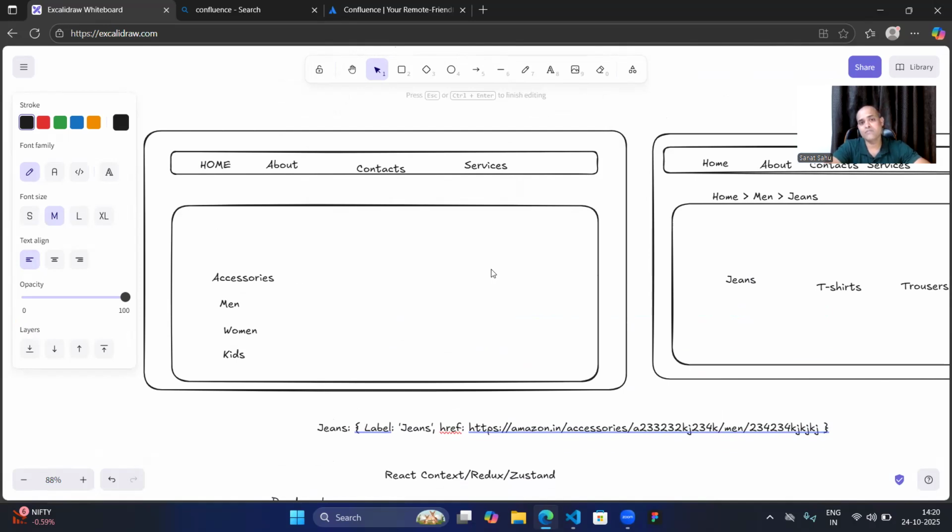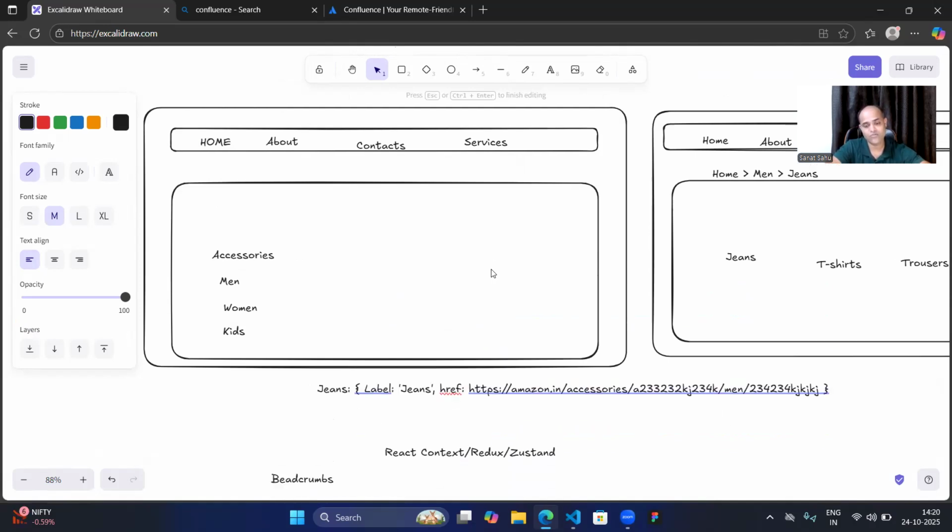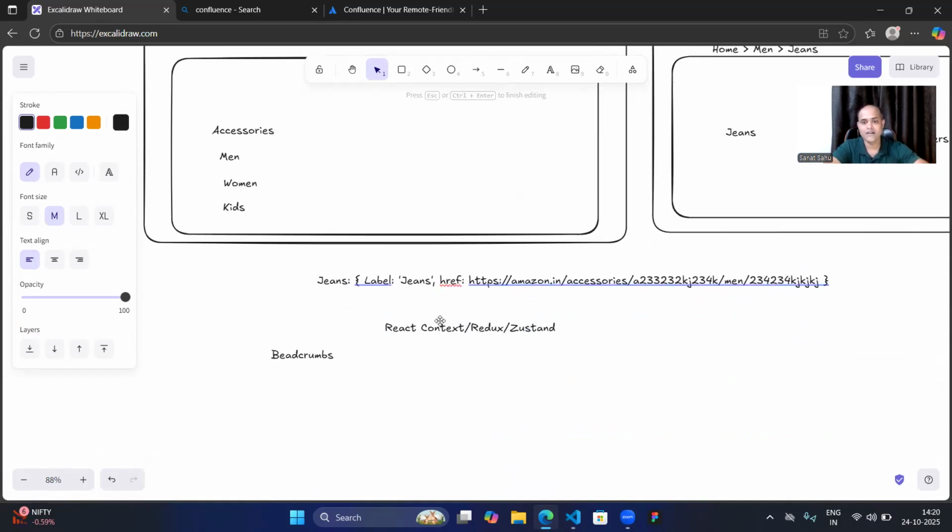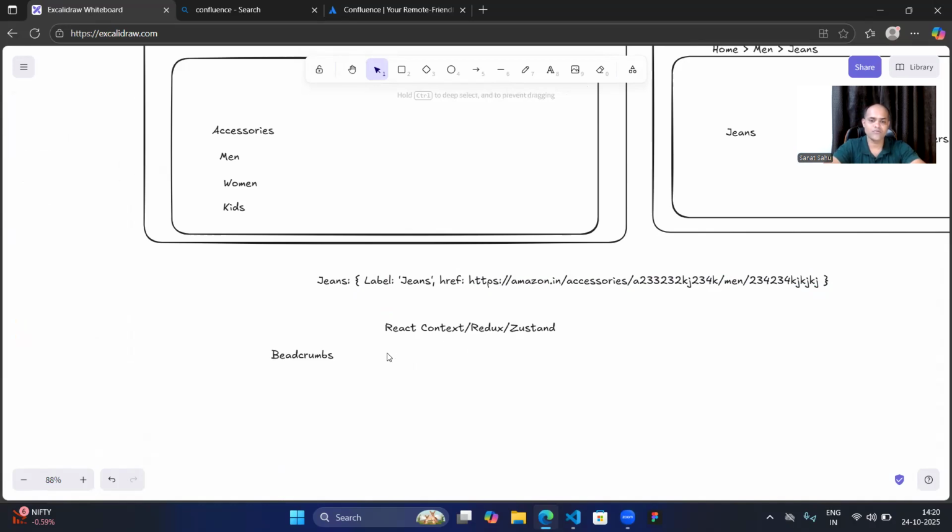But if you want to remember all of those also, right? In that case, this particular thing you have to keep inside a state management. That's the reason for state management: React context, Redux, Zustand, whatever it is. Okay. Next, you can do it through